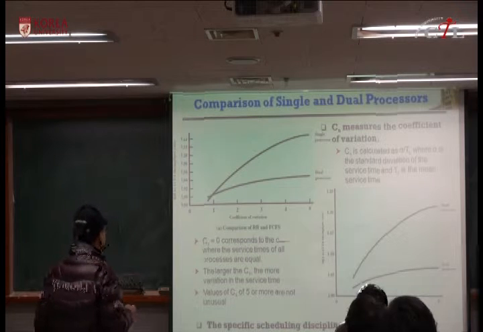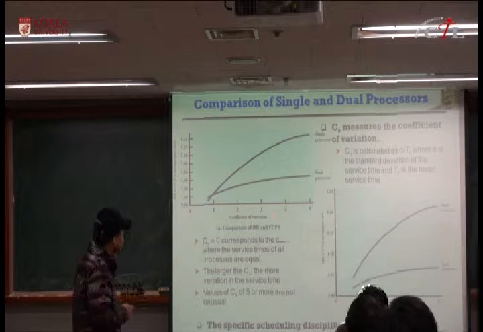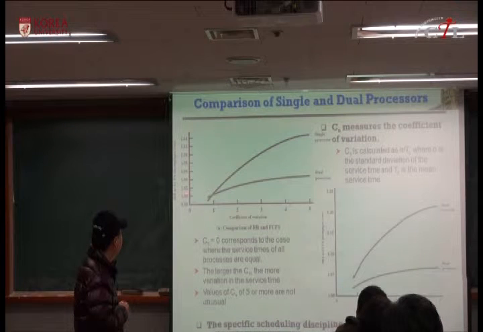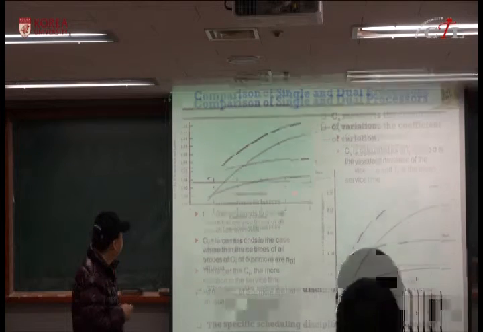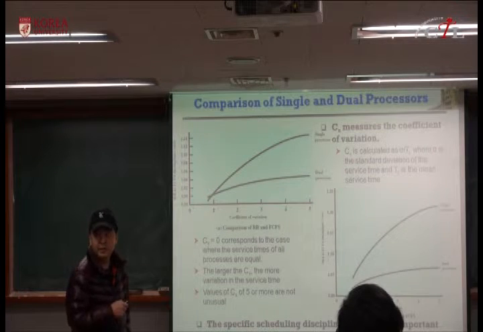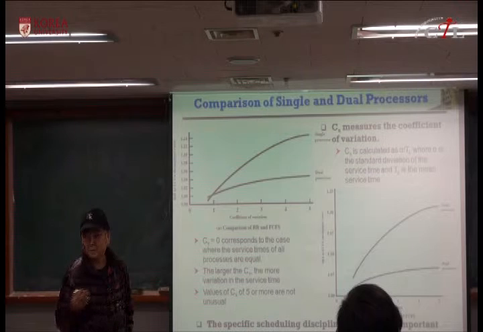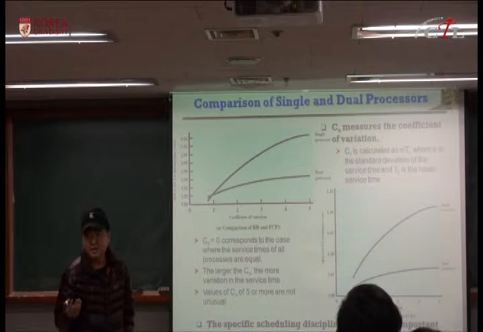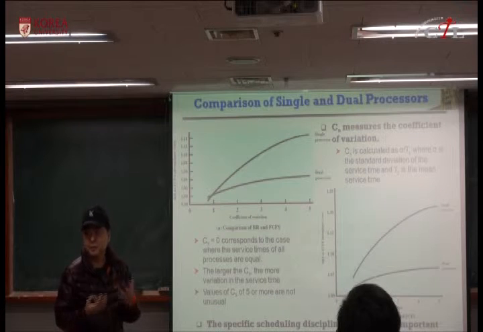So in uniprocessor, as the variation becomes bigger and bigger, the throughput of the round robin algorithm is better. But in dual processors, the performance difference between these two different algorithms is less than 4%. So it doesn't matter much. You don't have to use a complex scheduling algorithm because there is not much difference,